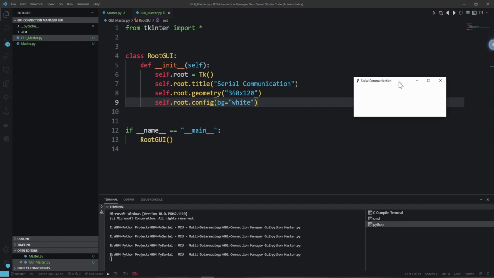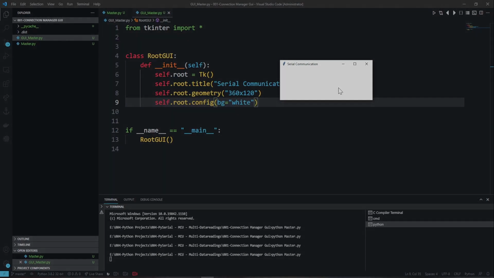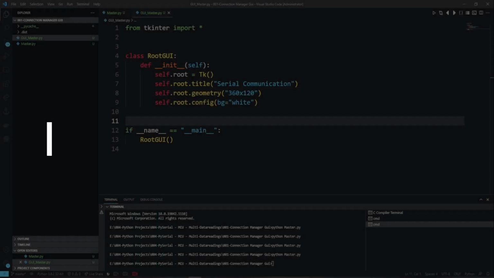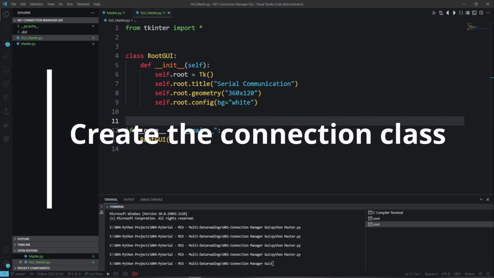You can see, let me show it on the screen. You now have a very clean, nicely sized root GUI, which is what we need. Okay, that's good. So let's go to the next step. We created the main root one, and we can jump and create the next frame that we are going